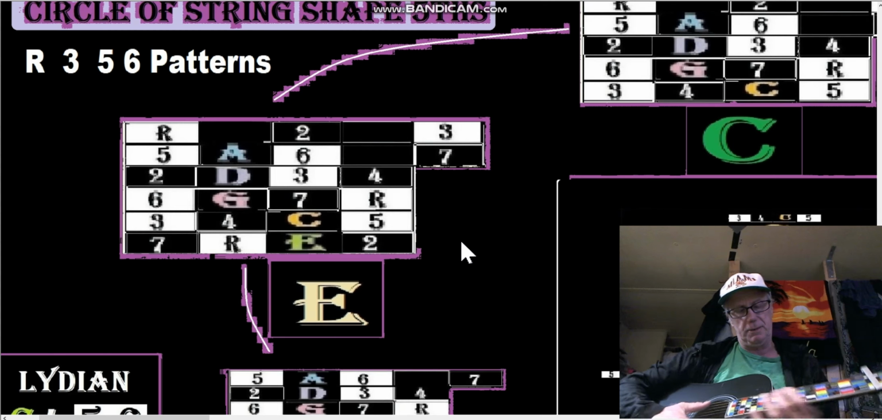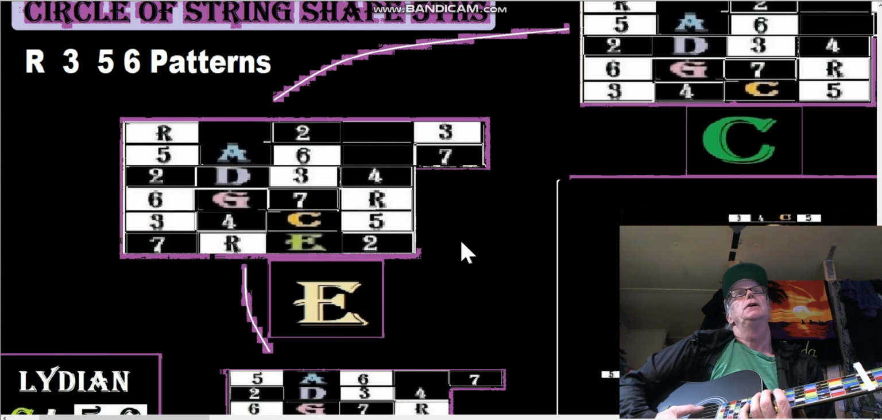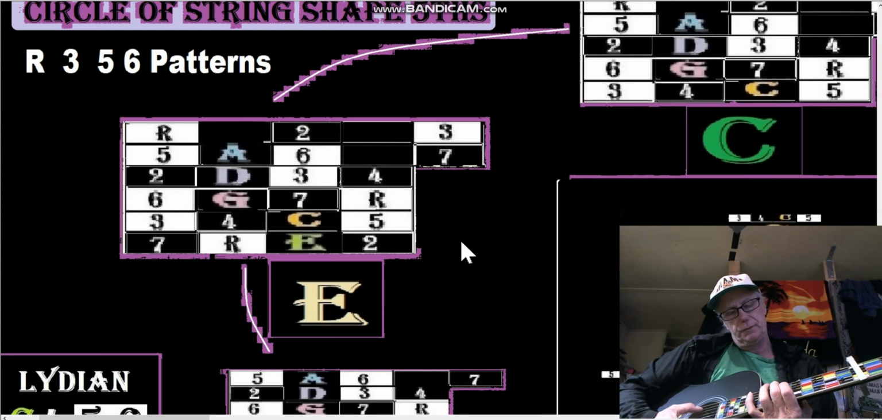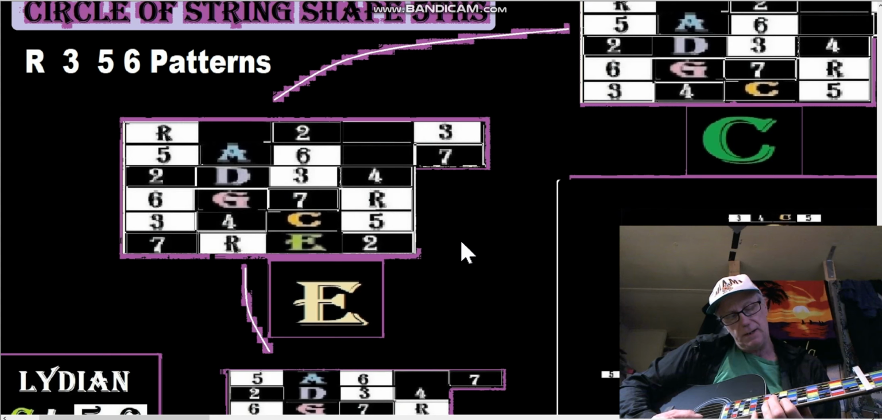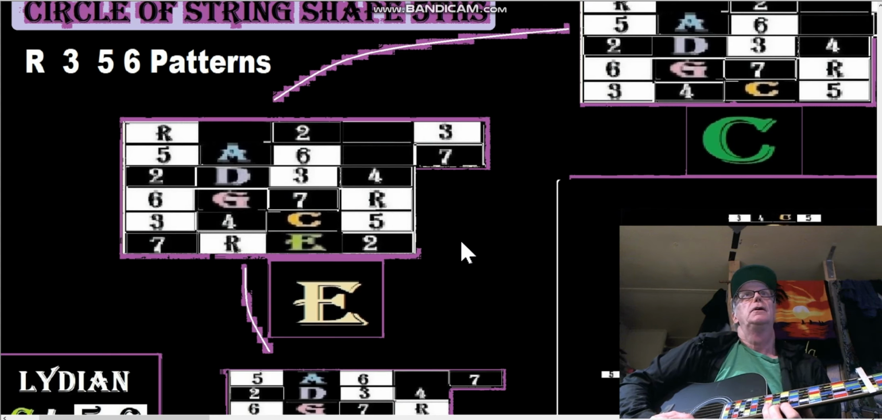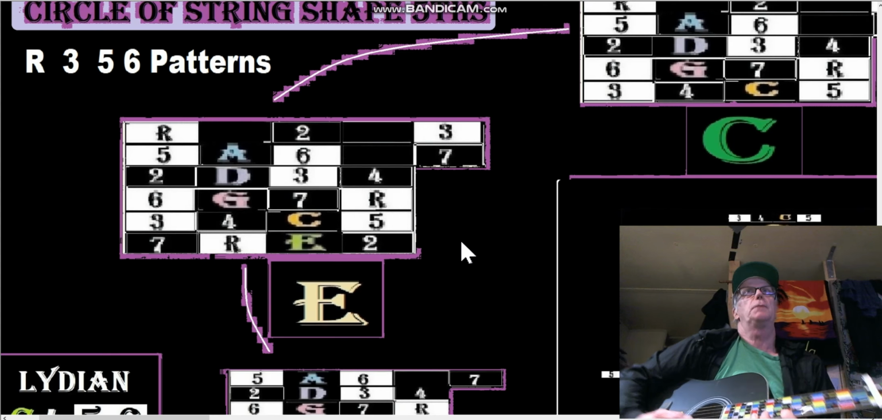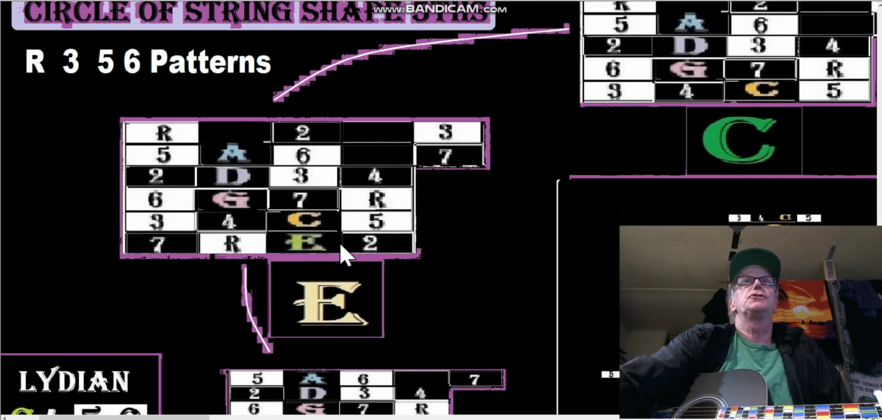So let's talk about an E-shaped C. We'd have root, 3, 5, 6, root, 3, then 5, 6. And then we could go into a long pattern from there. That's actually the E long pattern, even though this is short here because we have a short S3D,